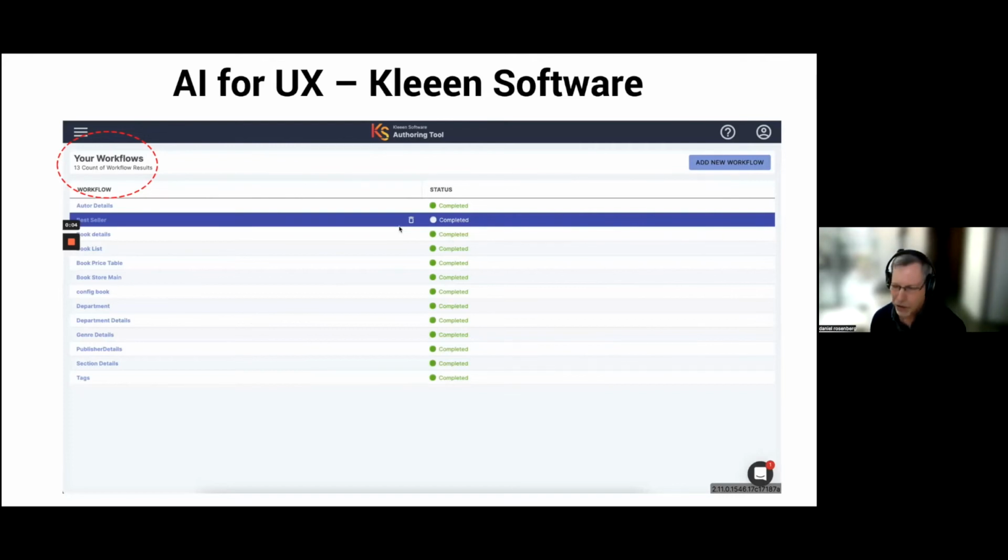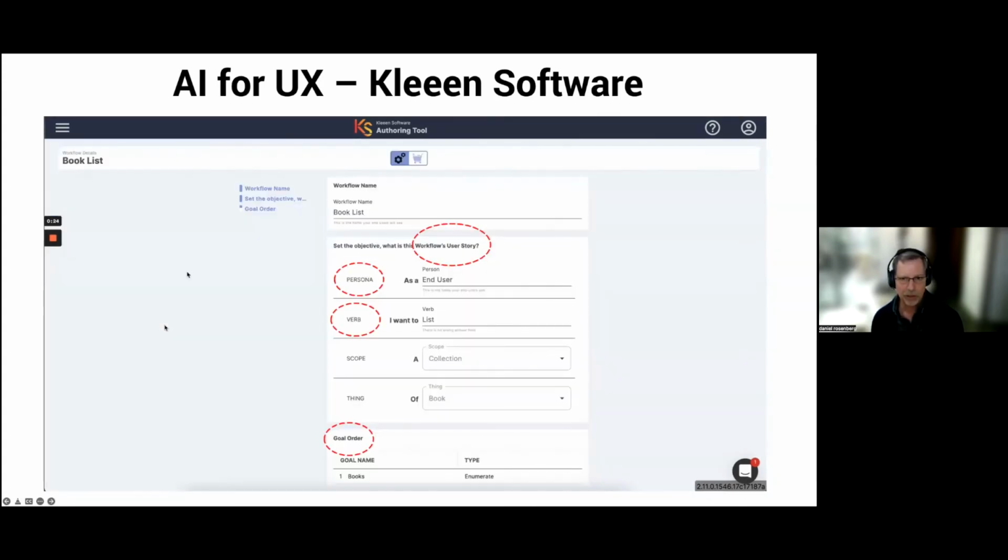So what I want to just show you very quickly are some screens here. I'm not going to try and explain how you use the authoring tool, but as the user, and the user can be a software developer, but it's often just a product manager or a business analyst, you have the workflows you're trying to create. This is for an application that runs in a bookstore, okay?